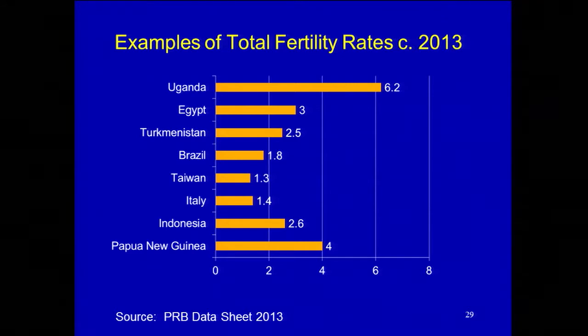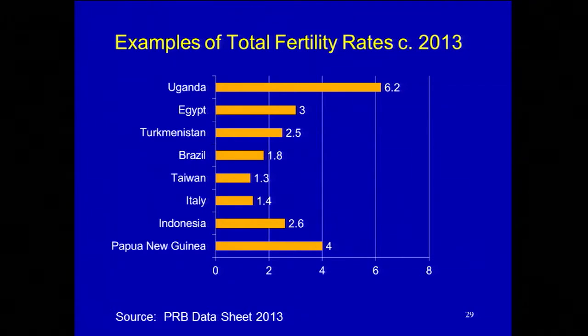These are examples of TFRs in different countries in 2013. In this set of countries, you can see that the TFR is as low as 1.3 in Taiwan and 1.4 in Italy, and as high as 6.2 in Uganda. It's 3 in Egypt. So the world has quite varying levels of total fertility rates, but in fact over time these have started to converge such that many, if not a majority of the countries actually have total fertility rates